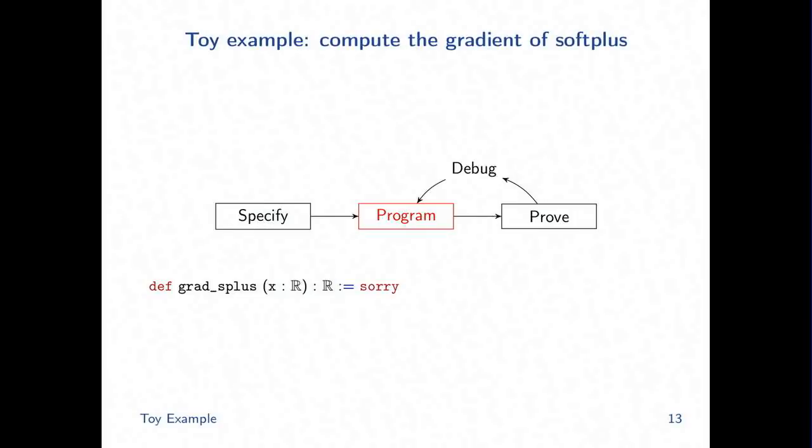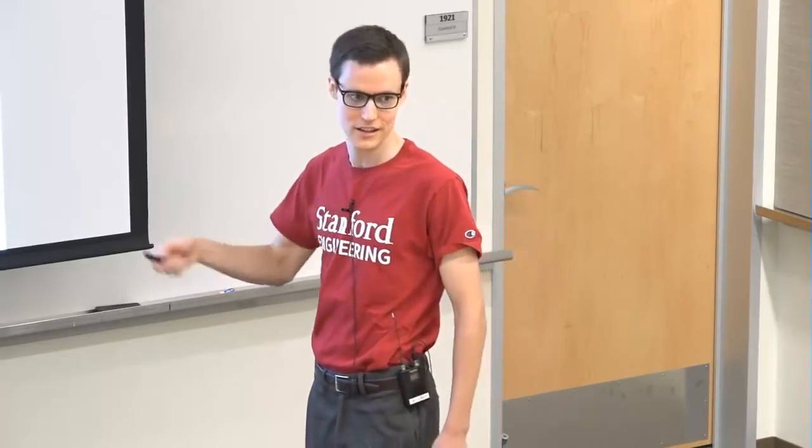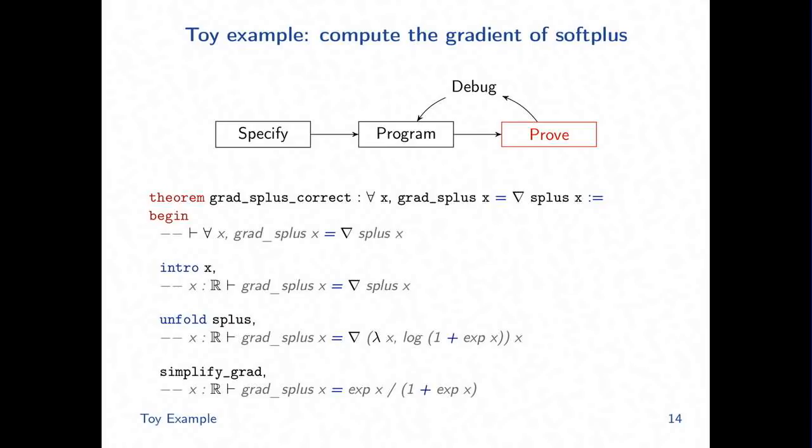So then we program. I don't want to do the derivation by hand. I don't know what the program's supposed to compute. Let's just pretend leaving it as a placeholder is just another bug, and we'll try to fix it through this iterative loop. So now we'll try to prove it correct.